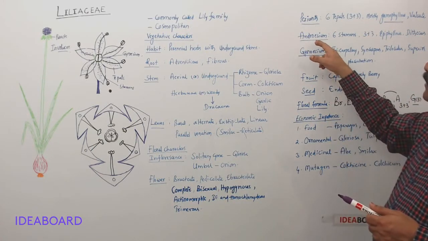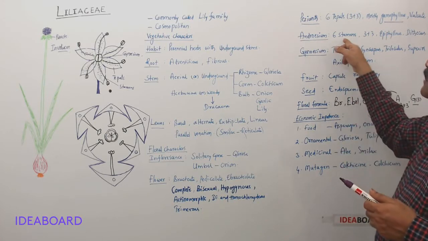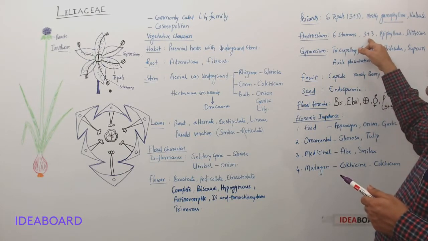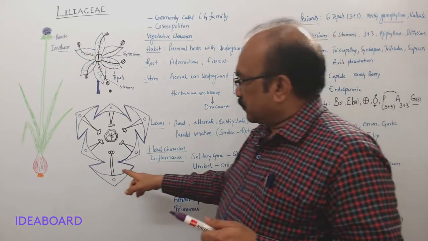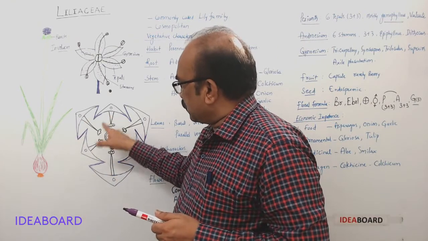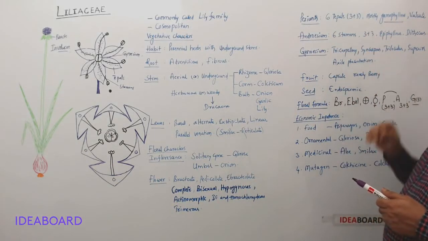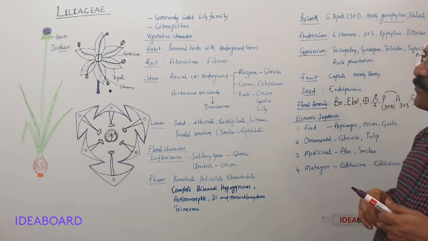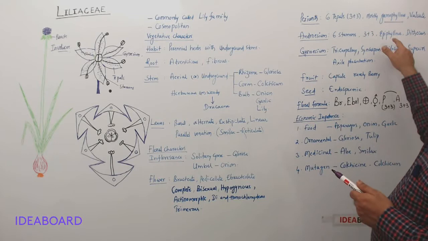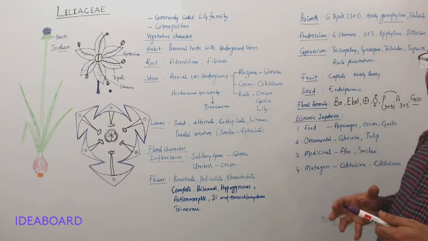Now let us come to the male sex organ of the flower, that is androecium, and this androecium is with six stamens. These stamens are arranged in two whorls of three each, three plus three. You can see here, one, two, three, first whorl stamens. One, two, three, second whorl stamens. And generally, as in the case of onion, they are attached to tepals. So this is called epiphyllous condition or epitepalous condition, and the anthers are dithecous as usual.